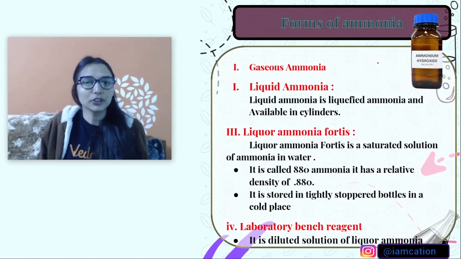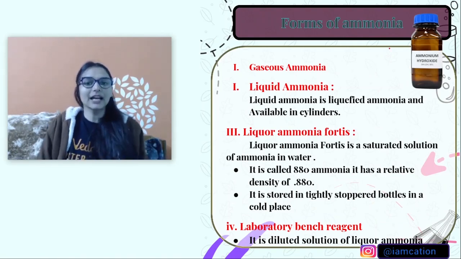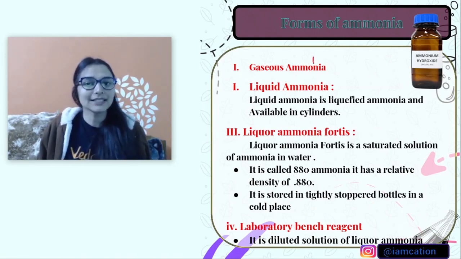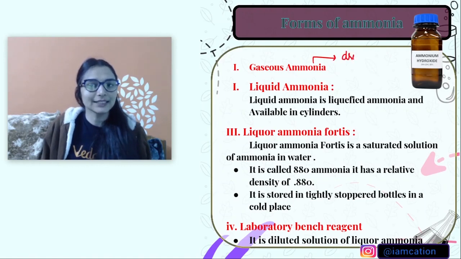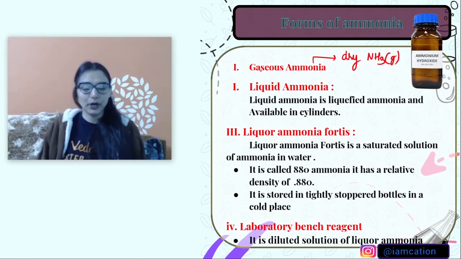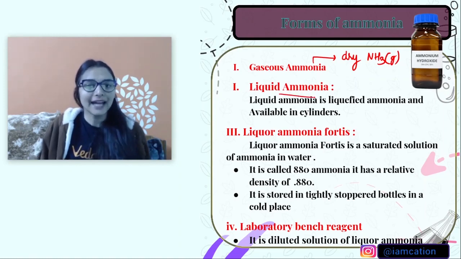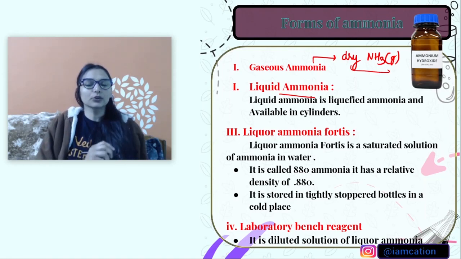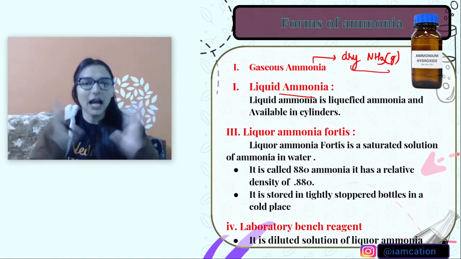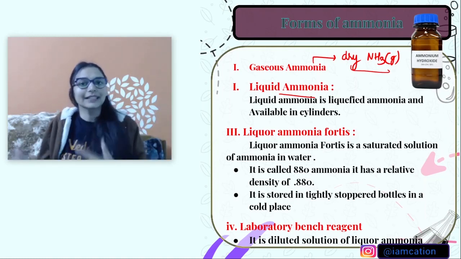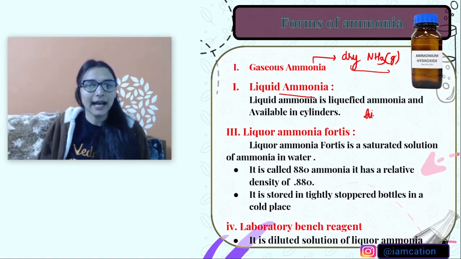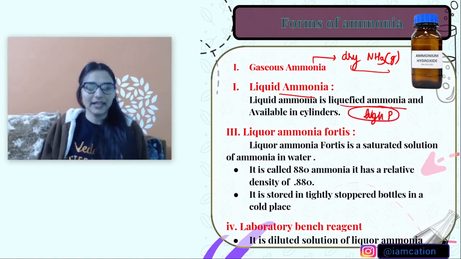So now we would be talking about the different forms in which ammonia can exist. The first is gaseous ammonia. It is very simple. This is the dry ammonia gas that we usually talk about. Apart from that, liquid ammonia is there. Liquid ammonia is nothing but dry ammonia gas applied under high pressure, converted into the liquid form. So under high pressure it is converted to the liquid state,